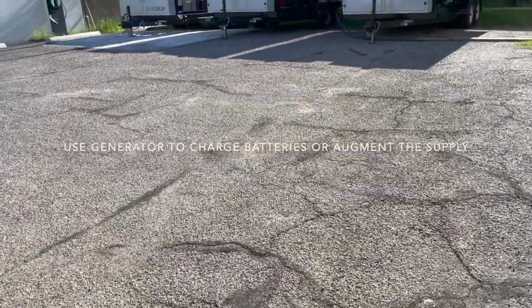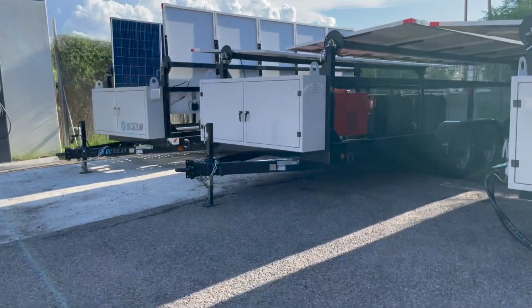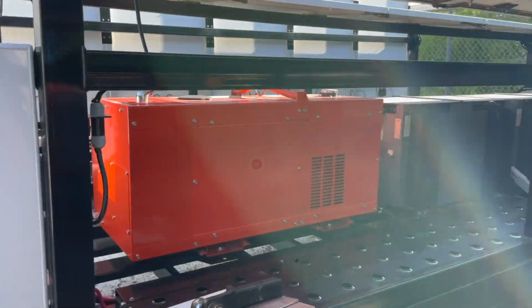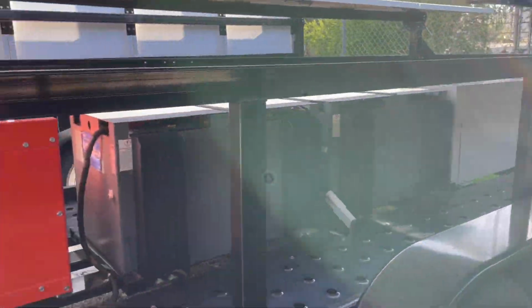This trailer we have here has a diesel generator, an 11 kilowatt Kubota with a 113 gallon fuel tank. So we could park the trailer and power the inside of the building from this generator. But the problem is this thing's like a school bus. When it runs, it's just kicking coal out. So